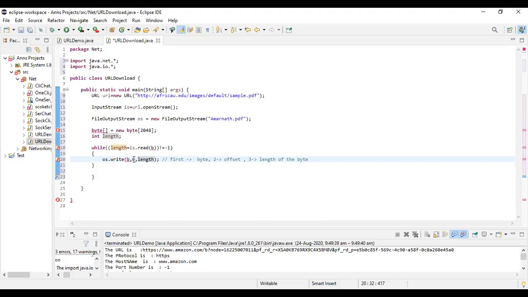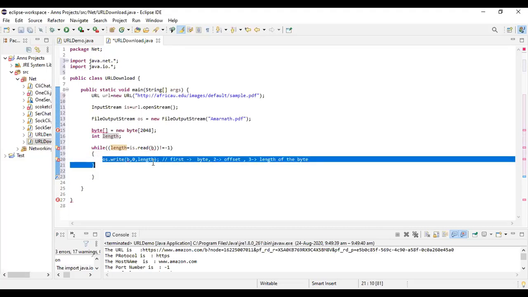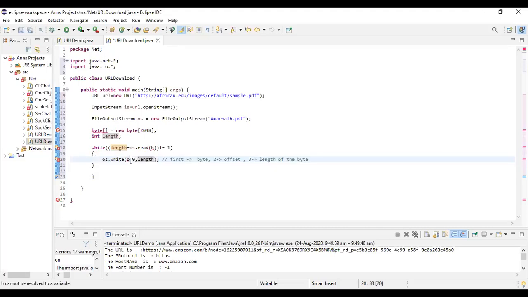Second byte should be at the 0th offset for a length of 2 characters. Third byte, with respect to the third, is also the 0th offset. So these are the arguments which will be taken up: the byte, the offset, and the length.